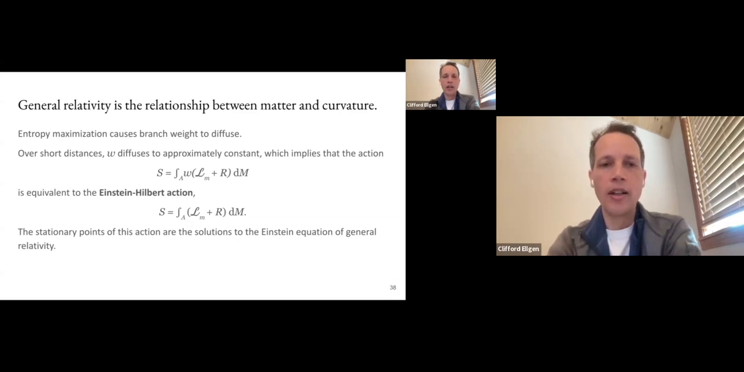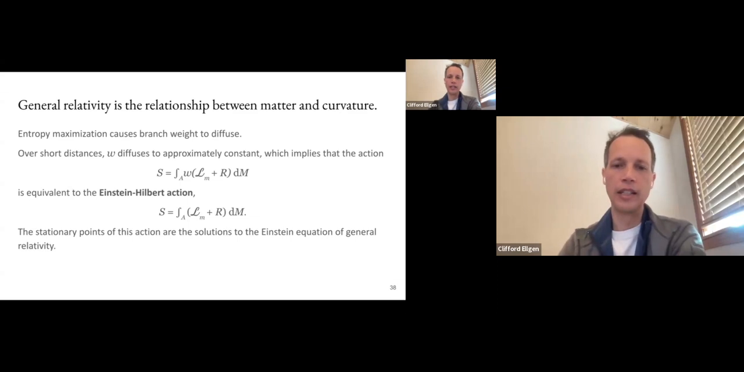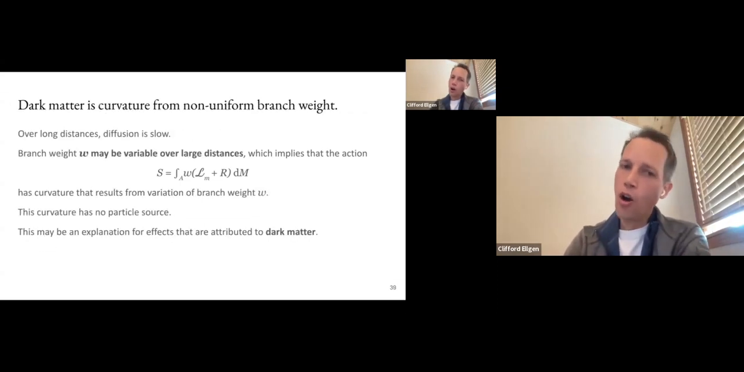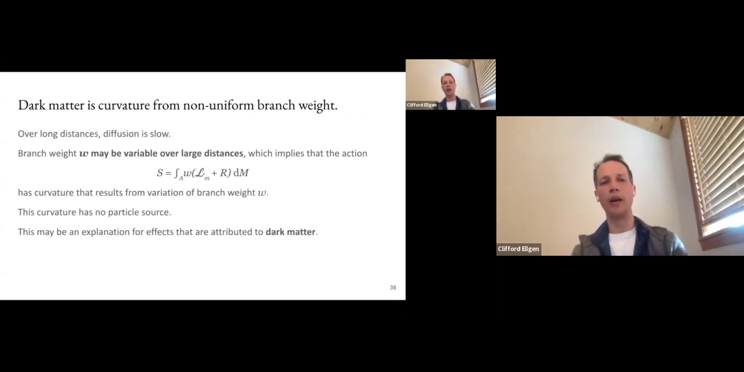But L sub m plus R is the Einstein-Hilbert action of general relativity. And so we see that entropy maximization here on this branch manifold produces dynamics that look very much like the formulation of gravity that is given by general relativity over short distances. However,